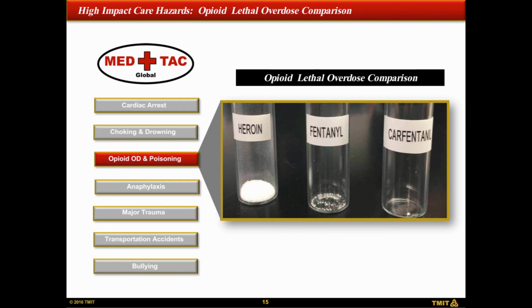The ability to get Narcan in the community from pharmacies for people at risk or for family members of people at risk so that they can save them is an important intervention. We talked recently on one of these webinars about the University of Texas student governance asking the university leadership to provide Narcan to the university police and to the dormitory RAs because there's such a problem with opiate use, and they're seeing that their friends are overdosing or even dying from opiate overdoses.